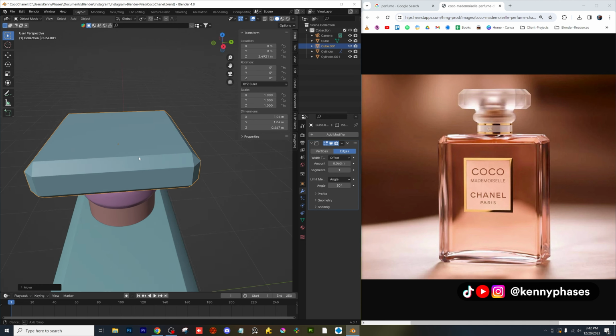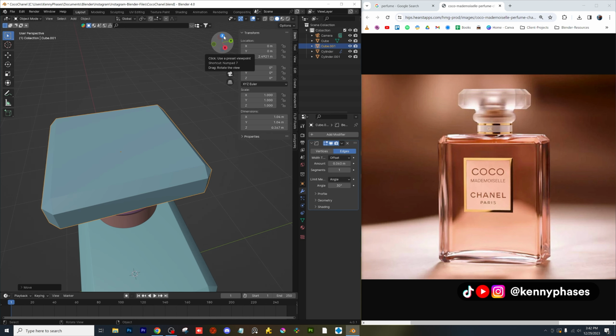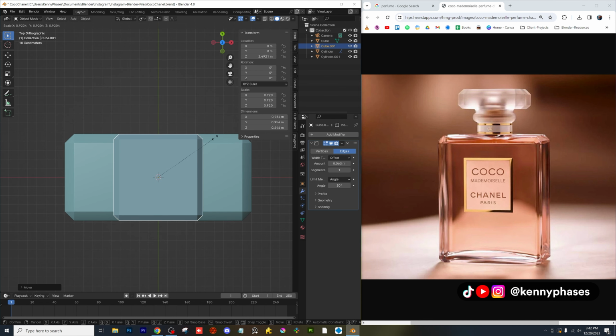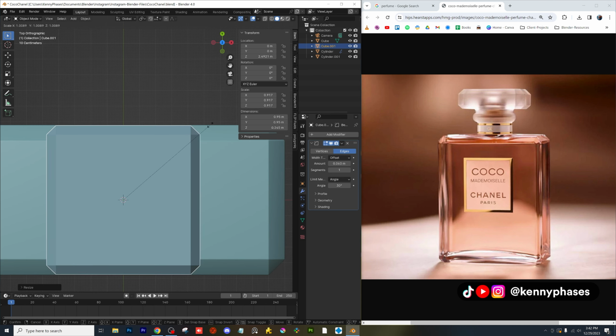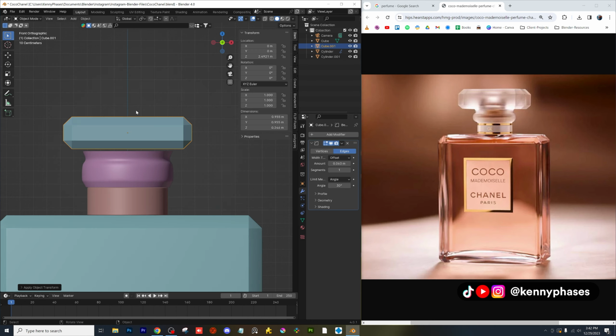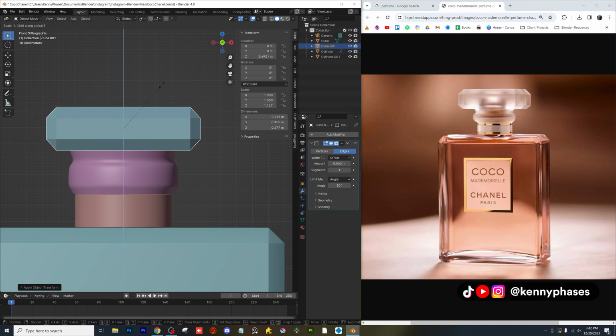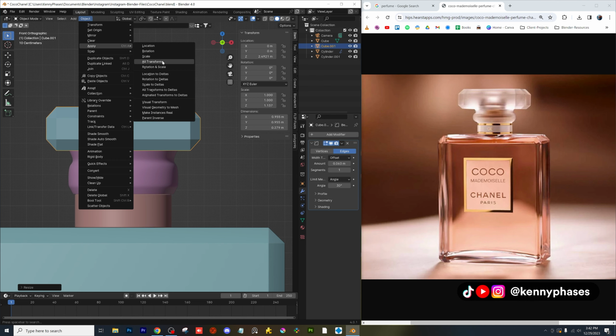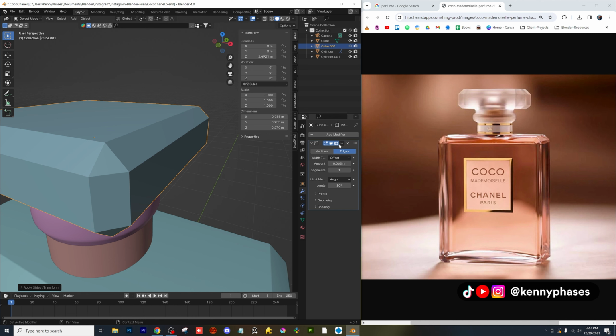Now, again, I could be wrong with the proportions here. I don't know if this is going to be the same width as the bottle. I'll just assume that it is. I'll scale it accordingly, and then I'll apply my scale one more time. I'm going to check my bevel, scale it up just a little bit, apply my scale. That looks pretty good. I'm going to apply my bevel